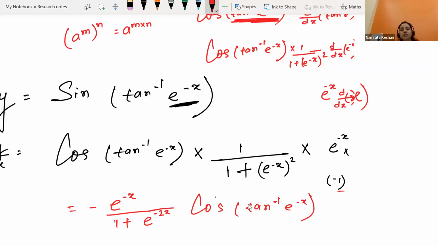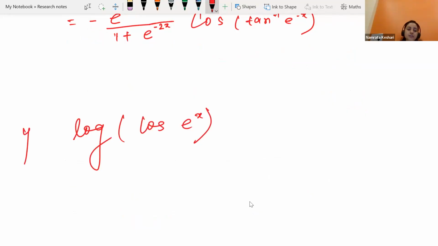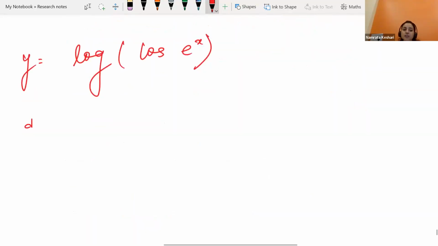Any confusion, Fatima? No, ma'am. Let's continue. Log of cos e to the power x. If y is that, let's do dy by dx. Let's find the derivative with respect to x. So dy by dx will be